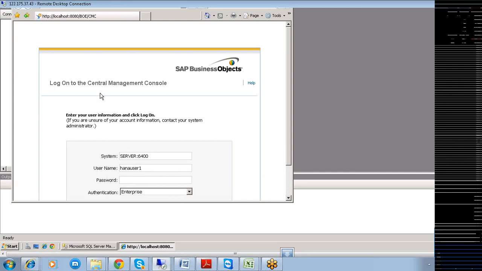Here it will be asking you to log on to your central management console. When you want to log on to your central management console, you specify the password. And what is the password here? The password is